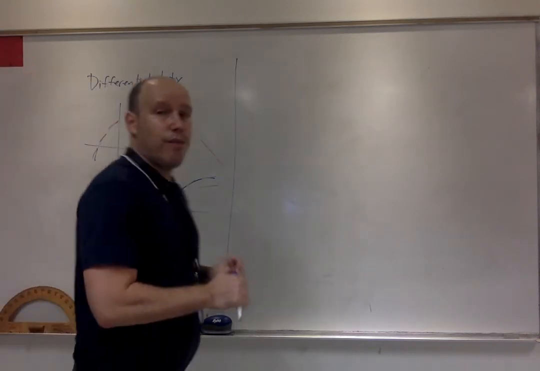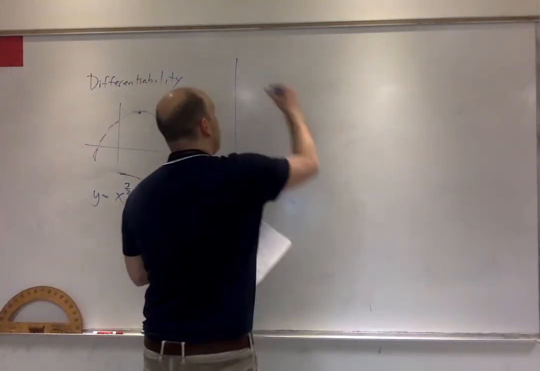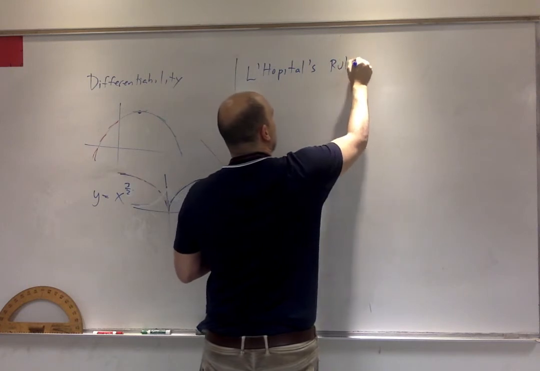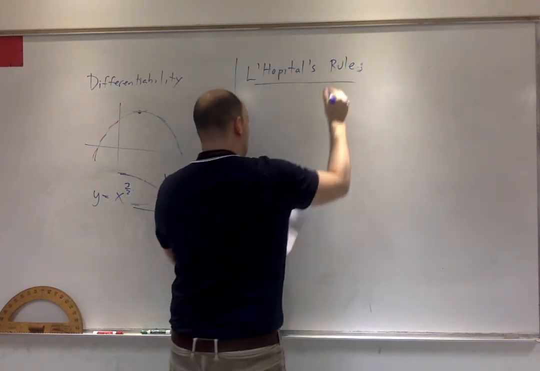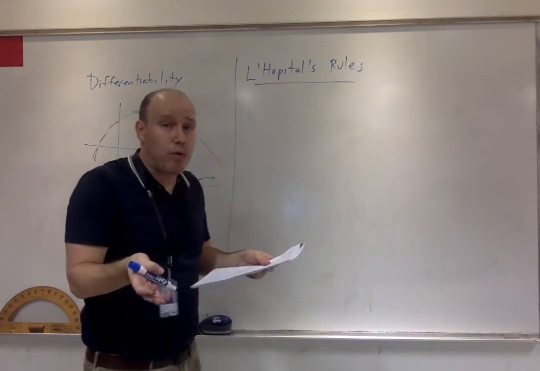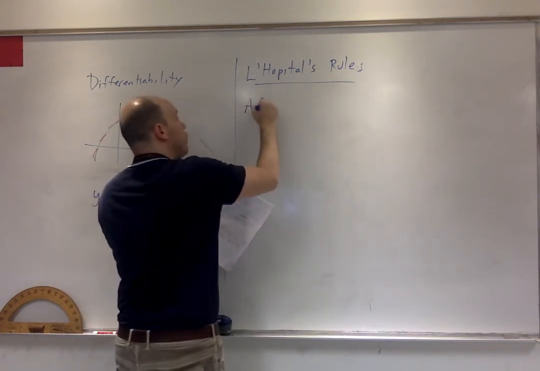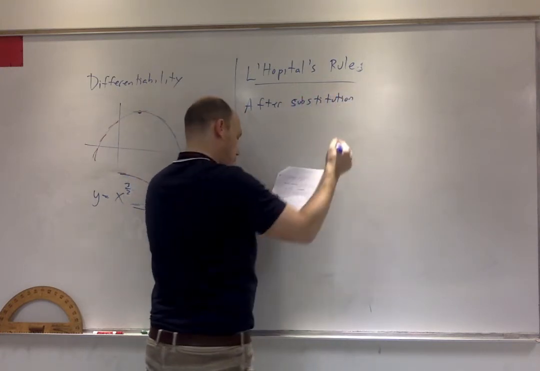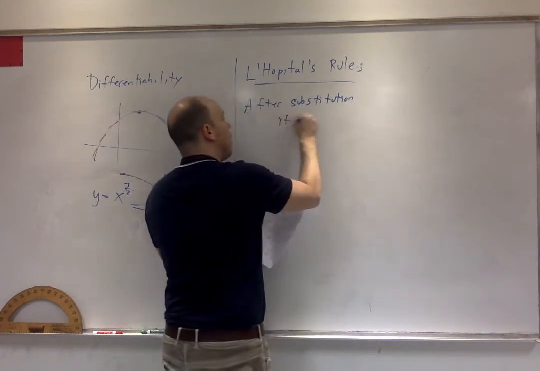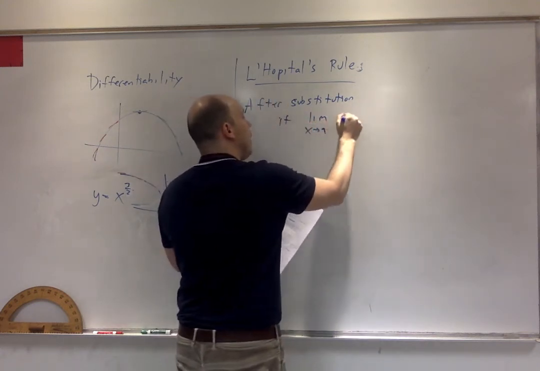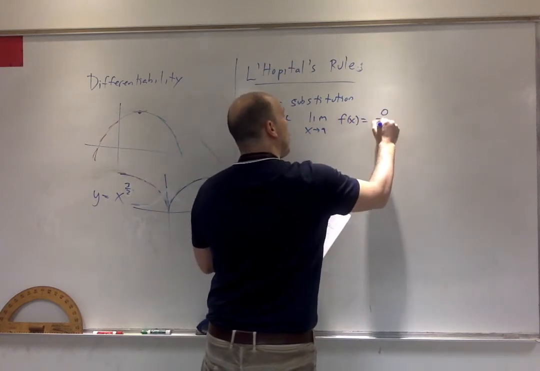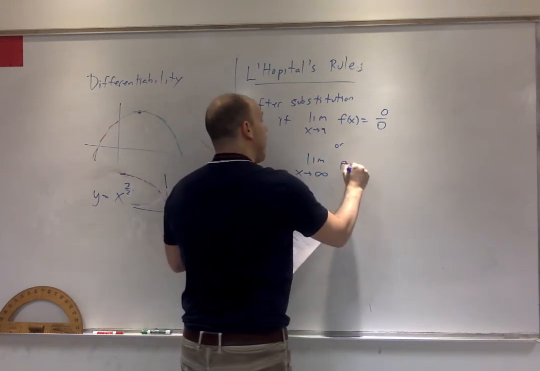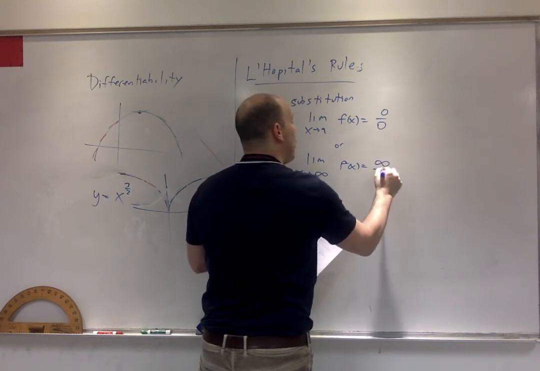Okay, now we're at the final place. L'Hopital's rule. It's very basic. The idea is we have plenty of examples. Simply put, you're going to substitute. After substitution, if the limit as x approaches a of f of x is equal to 0 over 0, or the limit as x approaches infinity of f of x is equal to infinity over infinity,